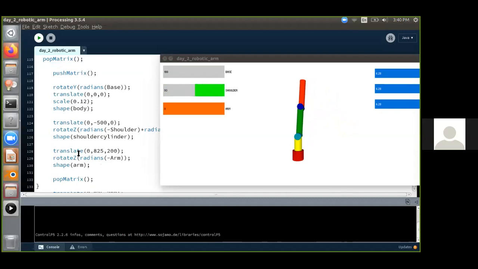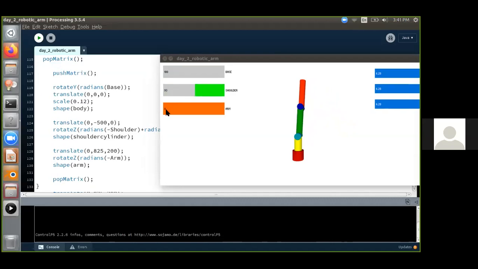Next, the CAD model is brought inside and it is translated to 0, 825, 200. And this is a local frame. What happens is it rotates the arm in the negative angle.